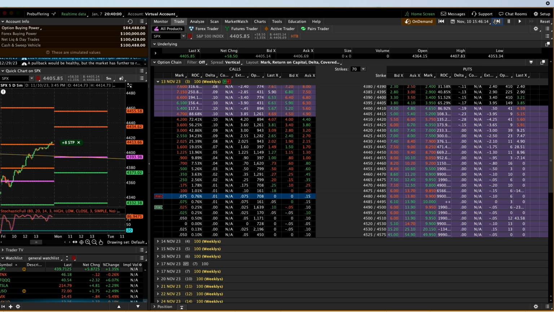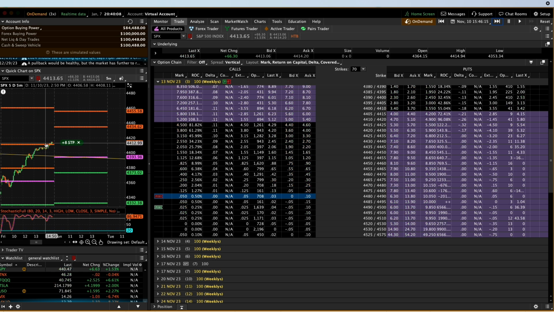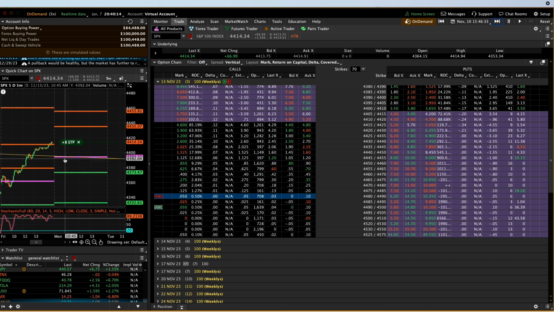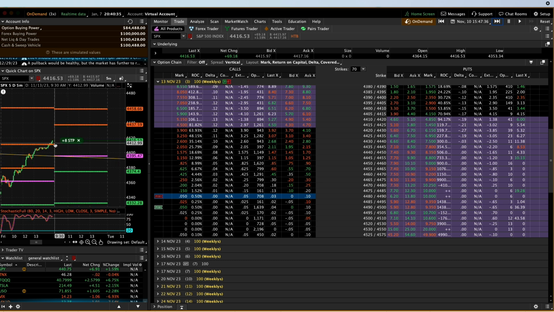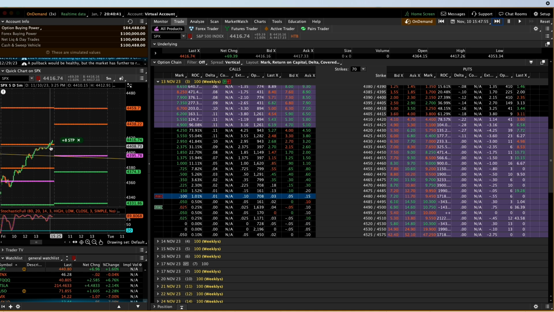And here at the end of the day, the market did continue to trend up, although not quite as strong. I'm not really comfortable trading puts underneath a trend like this, although that is a viable strategy. It's just not something that my brain likes, but it's something that you could certainly do. That's why I'm mentioning it: to go counter trend with your trade and just sell puts underneath a strong uptrend. I'm not going to do that here because I would be true to myself. If I was going to do it, I would do it probably at the end of the day. There's that spike that I was talking about that might come.